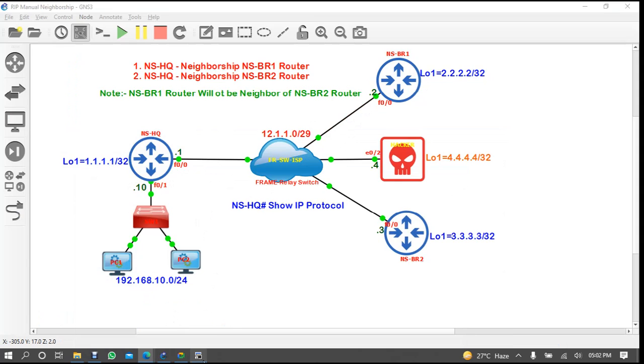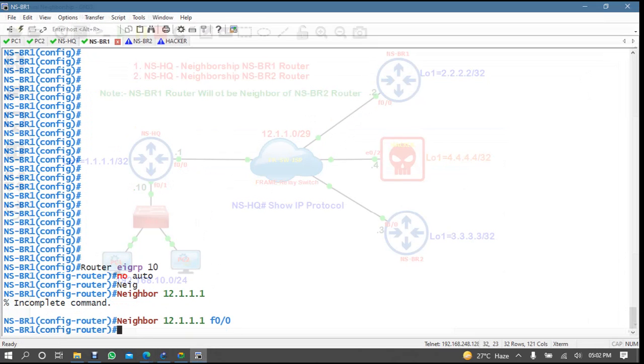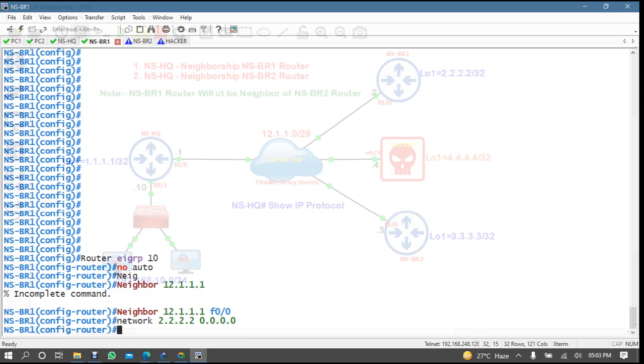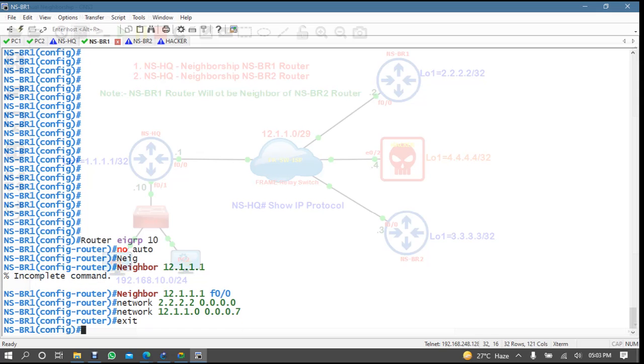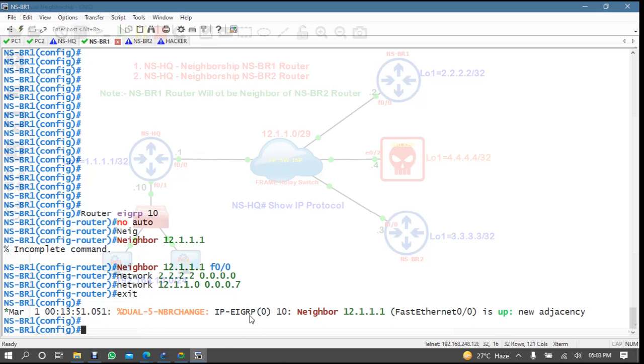Then network 2.2.2.2, and then network 12.1.1.0 with wildcard 0.0.0.7. Exit. Now see, neighborship is there, right?